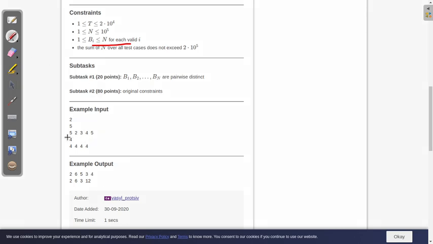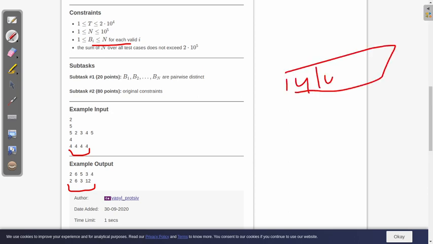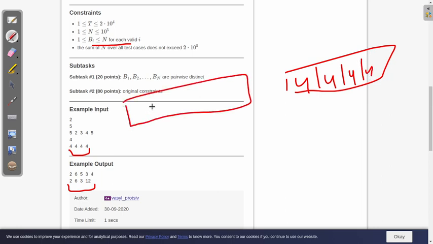So let's try to dry run a sample test case. Let's take this example. This is the sequence that is generated by this input. The output sequence is 4 4 4 4, and the input sequence is 6 3 12 4.